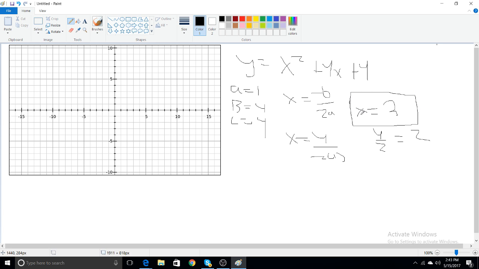Now to find our vertex, we simply just plug the 2 in for wherever we see an x. So 2 squared plus 4 times 2 plus 4. So 2 times 2 is 4 plus 8 plus